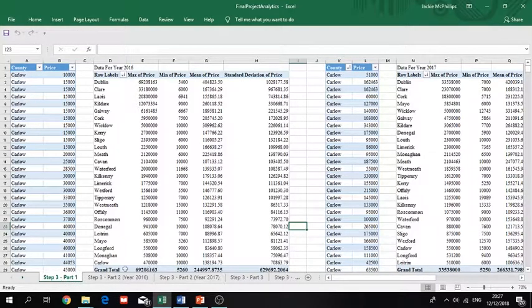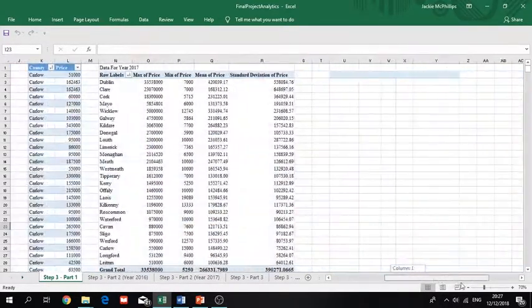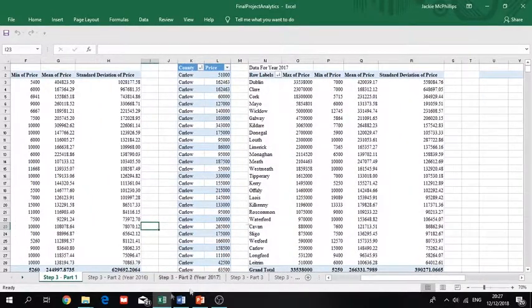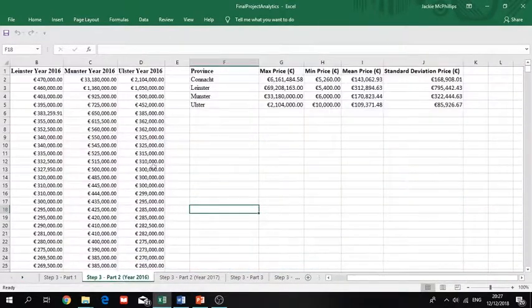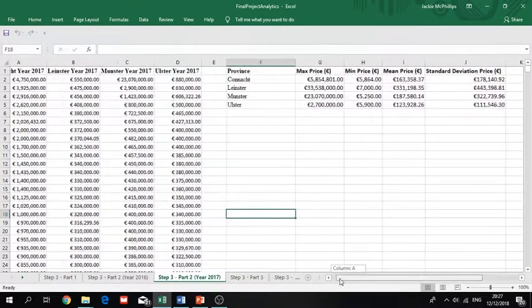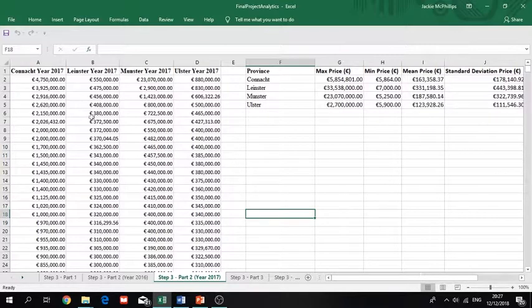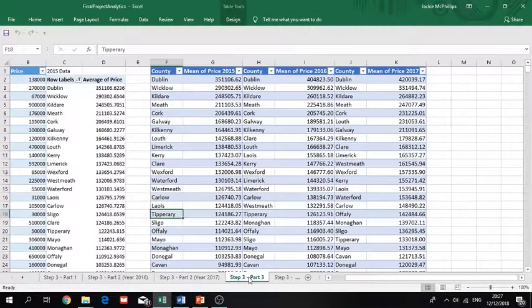So step 3 part 1, this is the data I used. I made pivot tables, so year 2016 and year 2017. For part 2, year 2016 provinces, and this is my table of results. I did the same process for 2017. Again, my table of results. So part 3 of step 3,